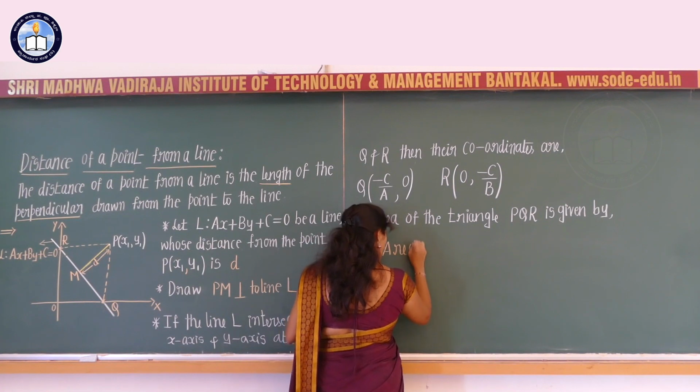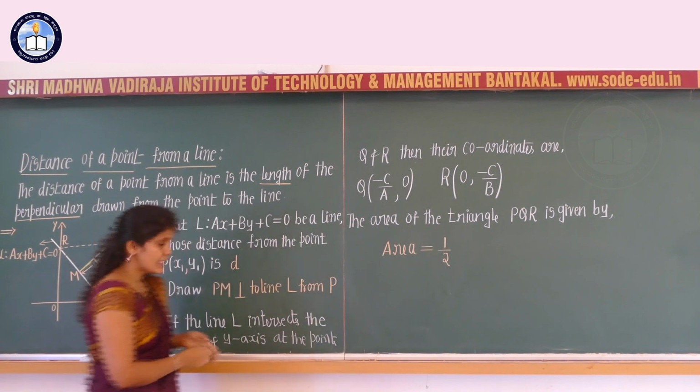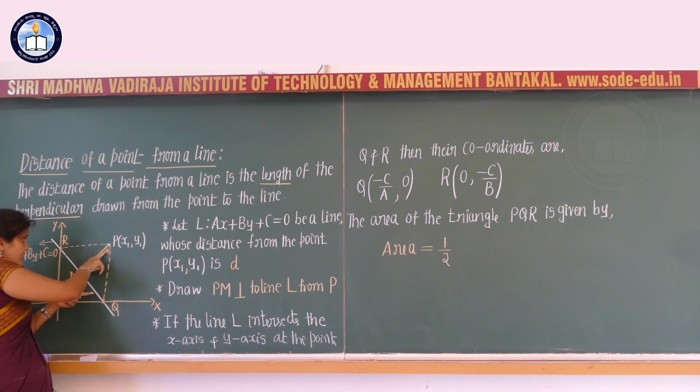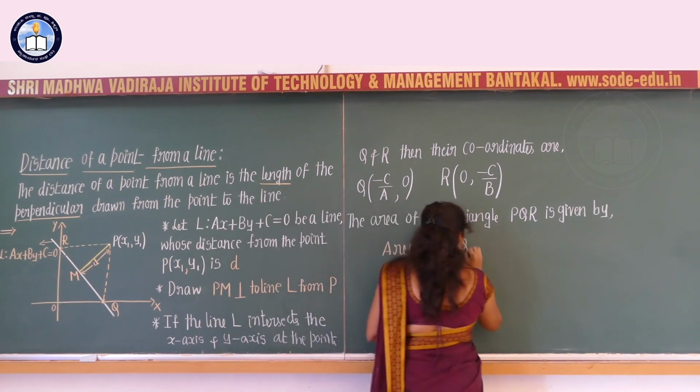Area is equal to half into, consider the triangle PQR, half into base into the height, that is nothing but QR into PM, QR